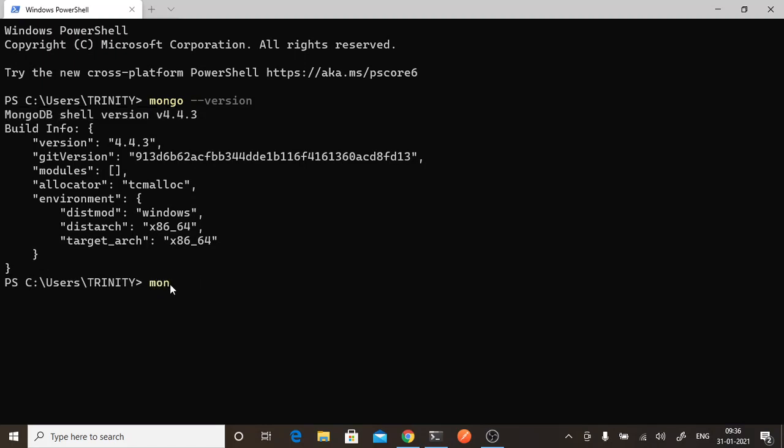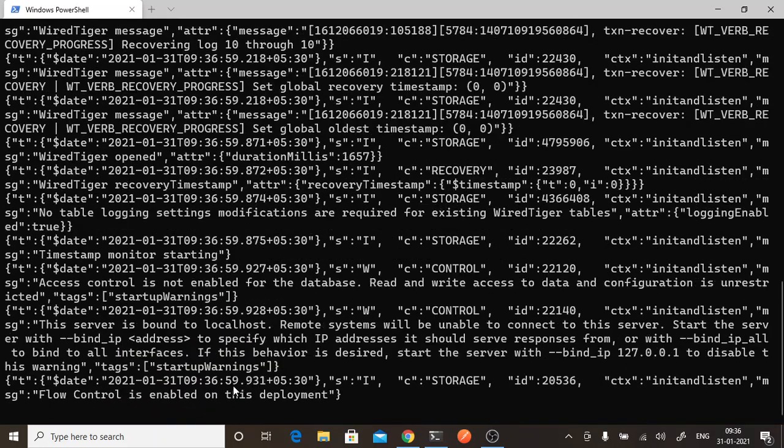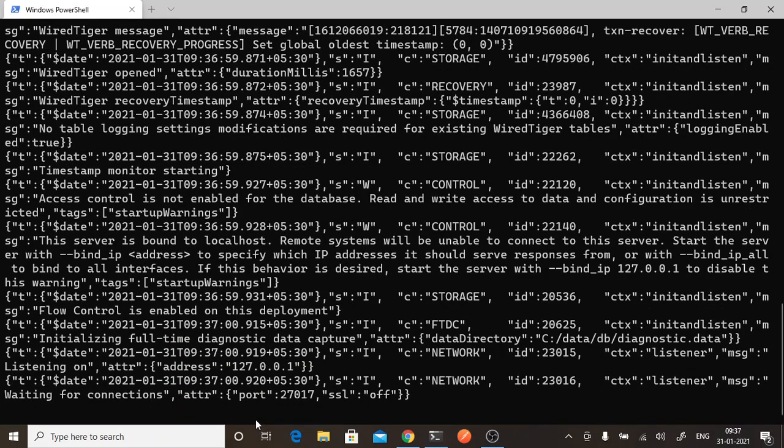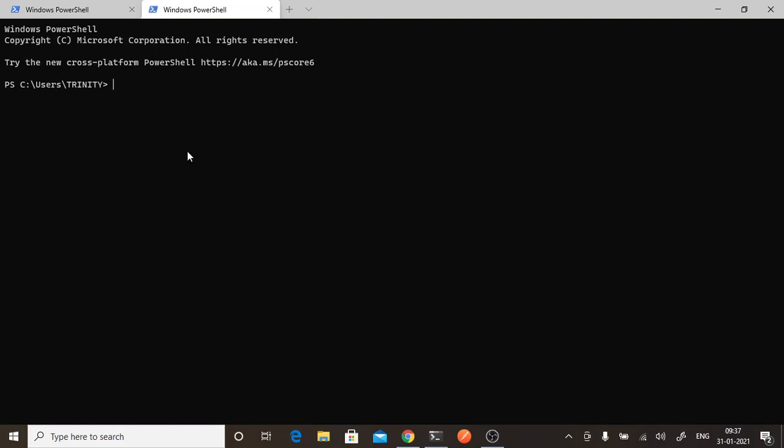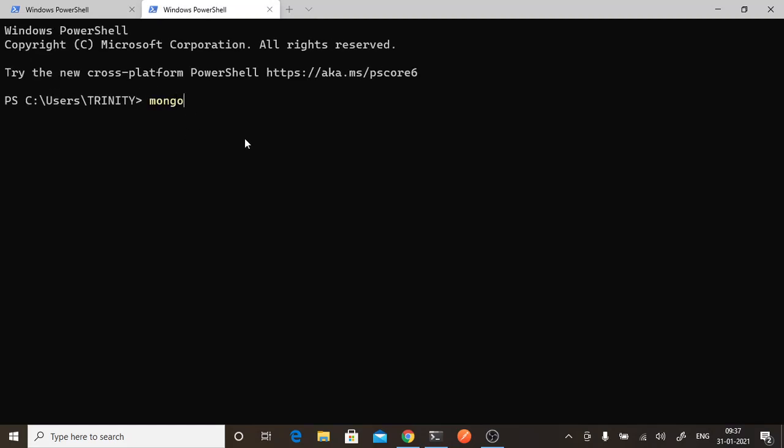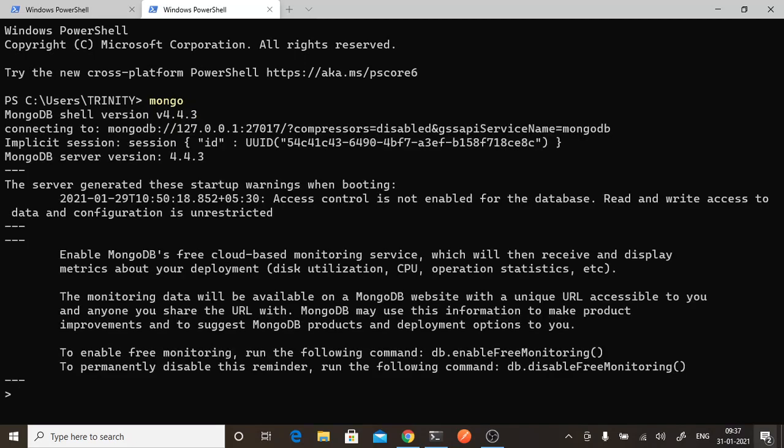So first, mongod was the file that we wanted to execute. So mongod. See, on this port your server has started. The Mongo server has been started on port 27017. So we will have one more shell, and here we will execute mongo, that is our shell, where we will type in all the commands and see the CRUD operations. So once we are inside the shell, now we can see the databases and all over here.